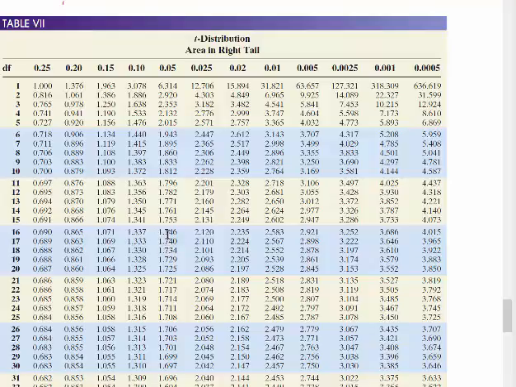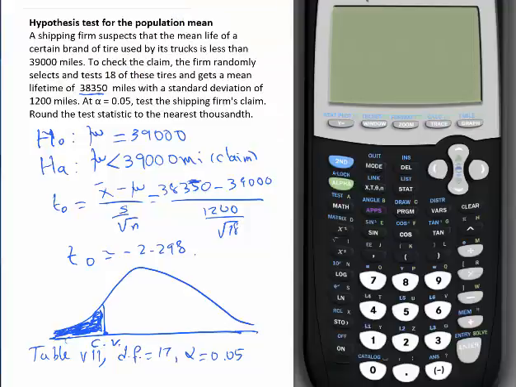Now, this table gives us a positive critical value because it's the area in the right tail. But if it is an area in the left tail, all you have to do is change the sign of this one. So our critical value here is 1.740, but a negative value. So I'm going to go back and put it in there. So our critical value, guys, is negative